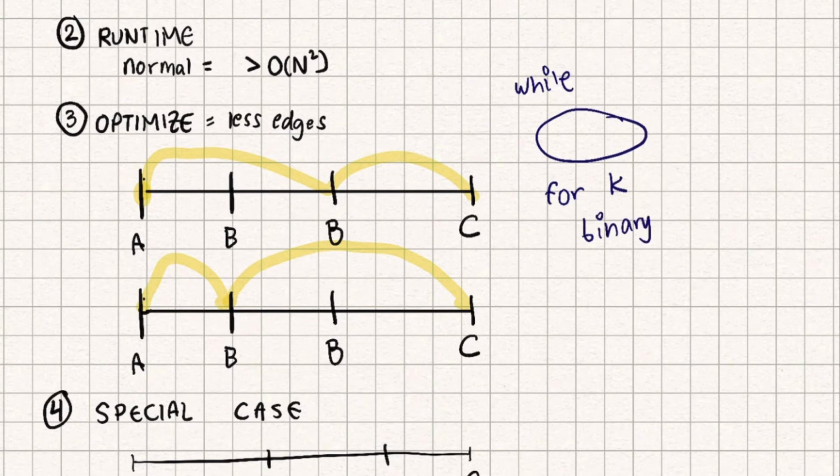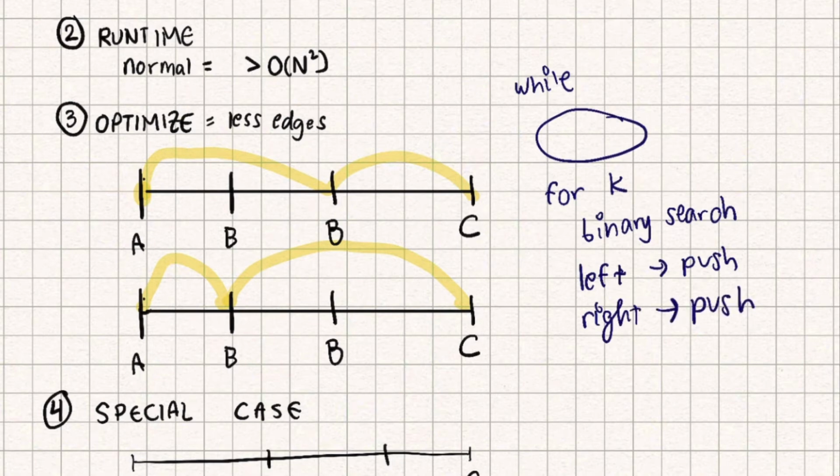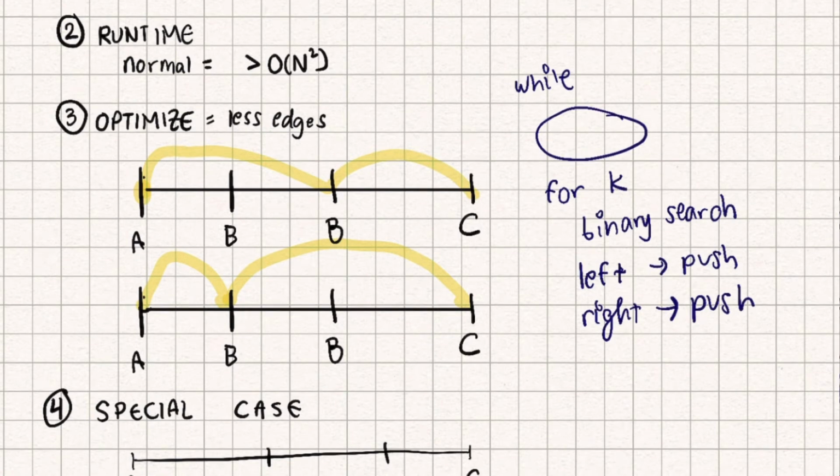And then what we're going to do is we're going to find the closest one to the left, and then see if we can push that. And then we're going to find the closest one to the right and see if we can push that. And then once we find these two, we're going to push them into the priority queue. And what we've effectively done is we've basically created a scenario